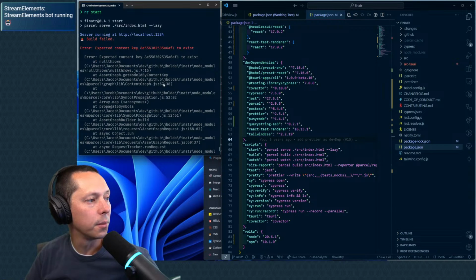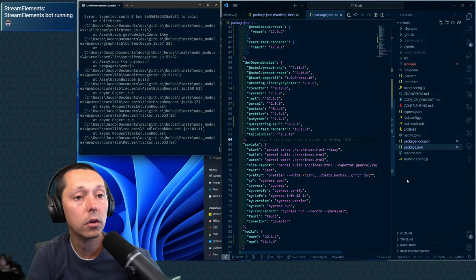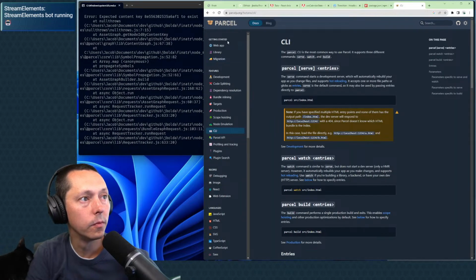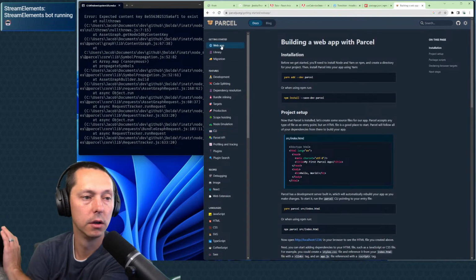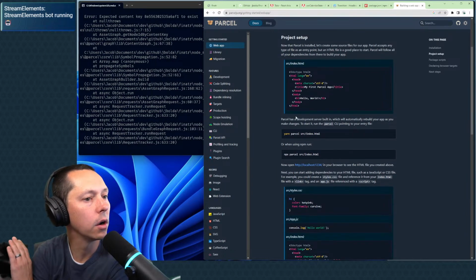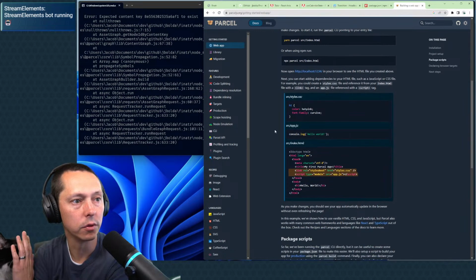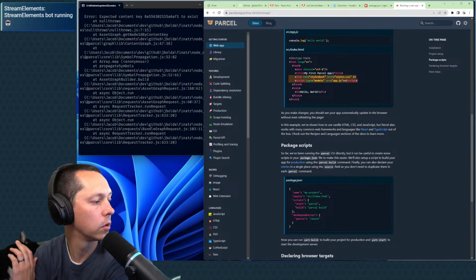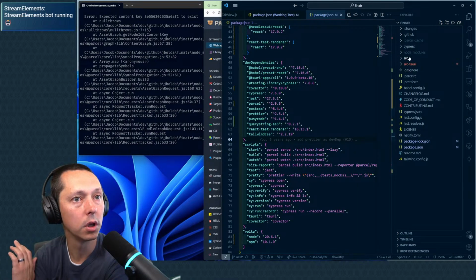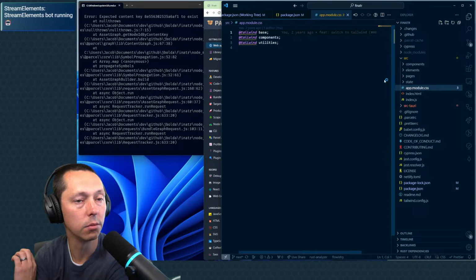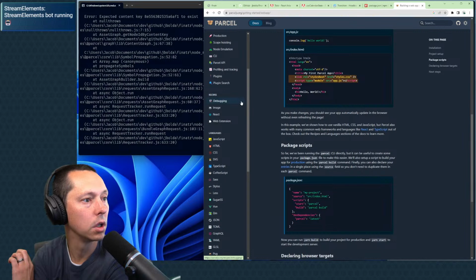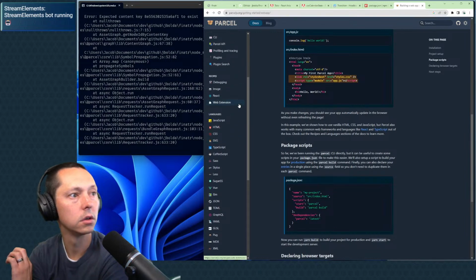All the errors are still happening within parcel though. So we're running yarn parcel or yarn parcel server. We are giving it style sheets, app, and index. We are pulling in CSS via modules. If we look at